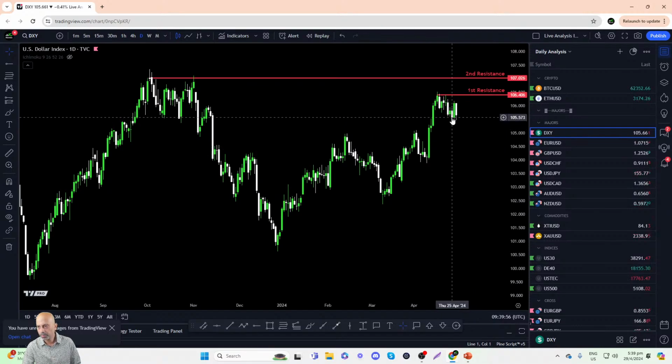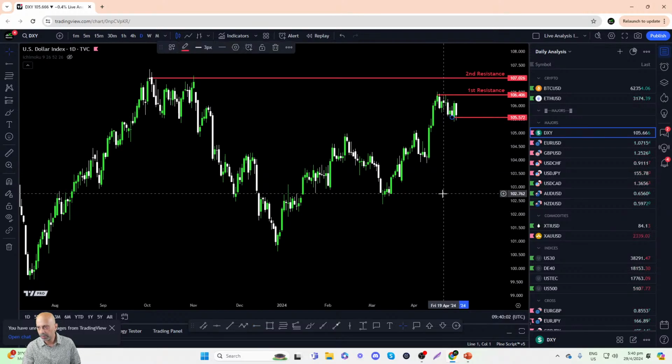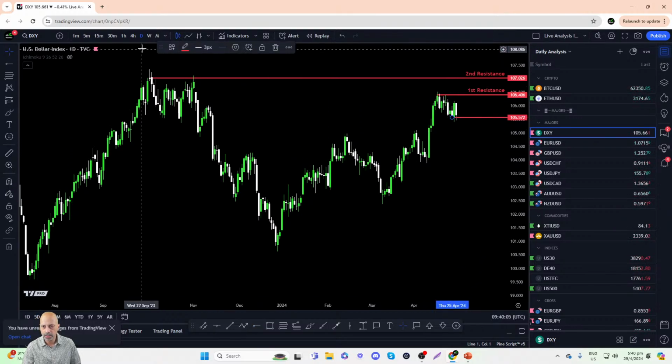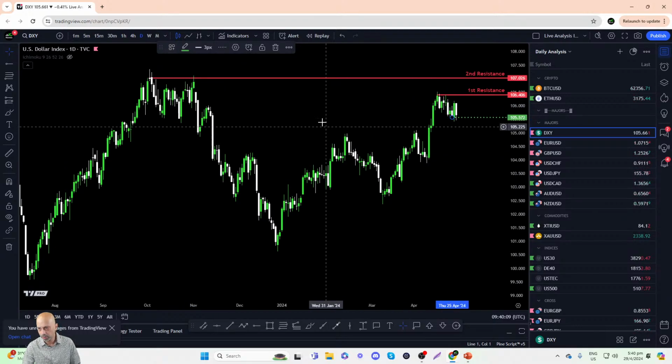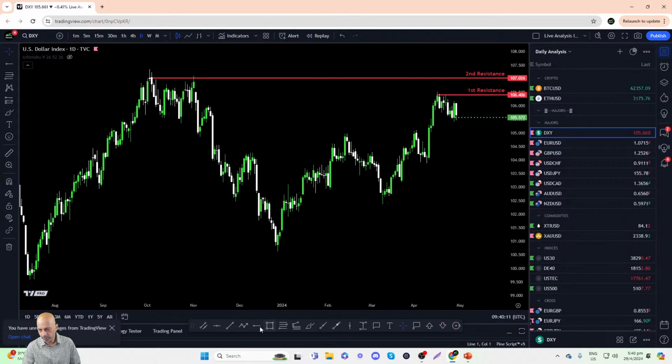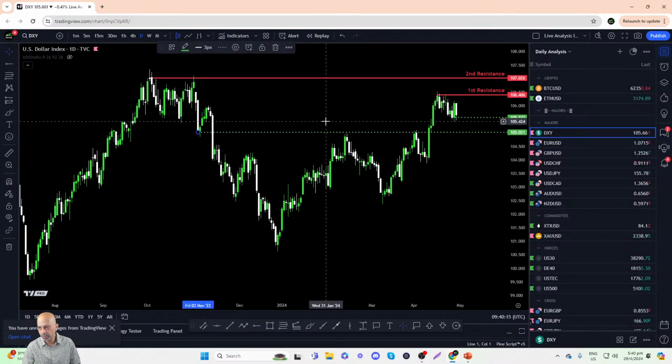Okay, so we can see previously last week on Thursday and Friday, the dollar index finding pretty decent support at around 105.57. This may not be the strongest support level, hence I would just like to identify it as an intermediate support. Where I do see strong support for the dollar index is this overlap level here at 105.02.